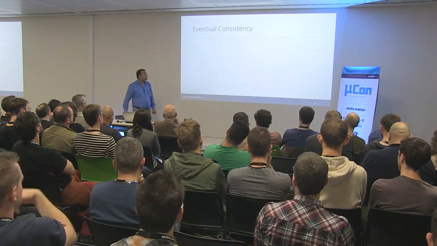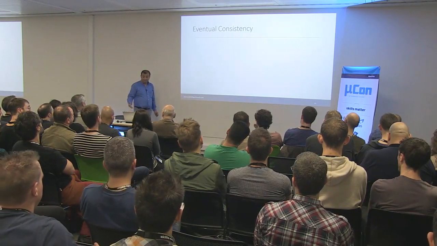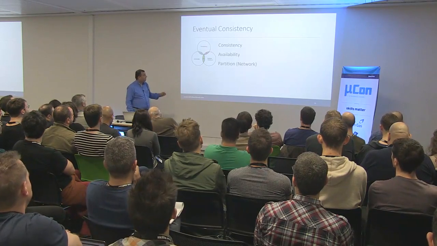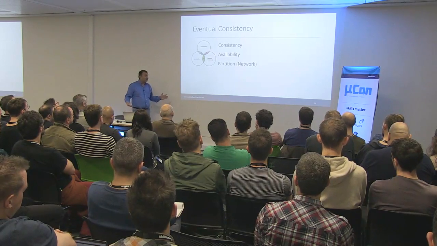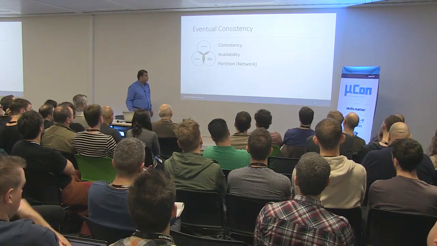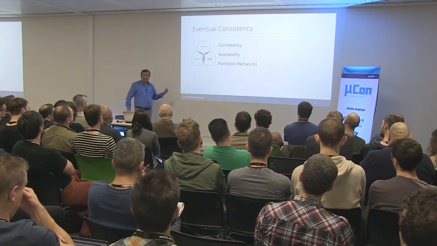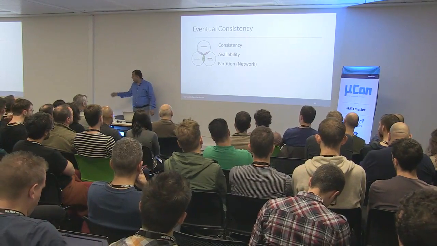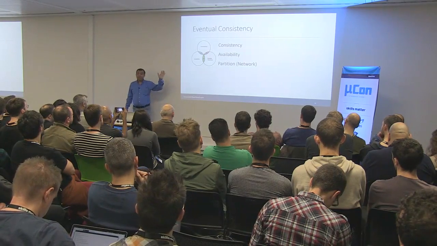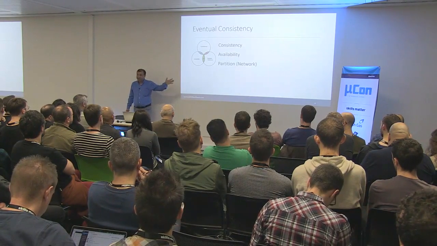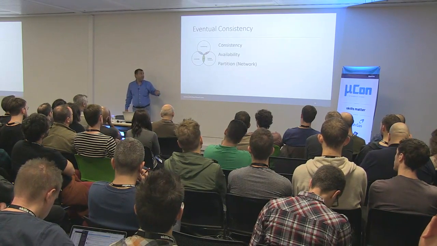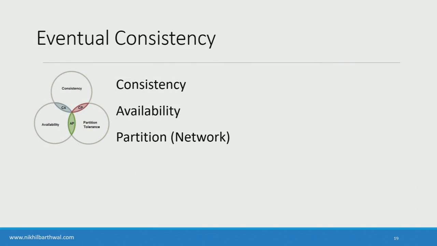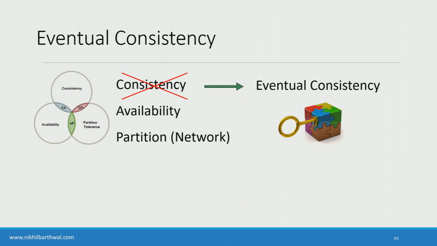So let's talk about event-driven services and eventual consistency. We know that ideally we would like to have in a distributed system consistency, availability, partition tolerance, but the CAP theorem says you can't have all three of them. A distributed system by definition has to have partition, right? And availability is something that we can't sacrifice because downtime is expensive. We need availability. But what we can sacrifice a little bit is consistency. And what we can do is we can change this consistency to eventual consistency.